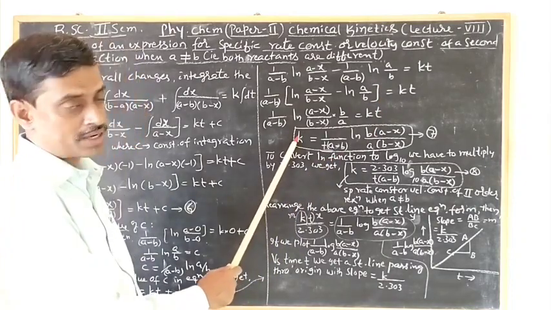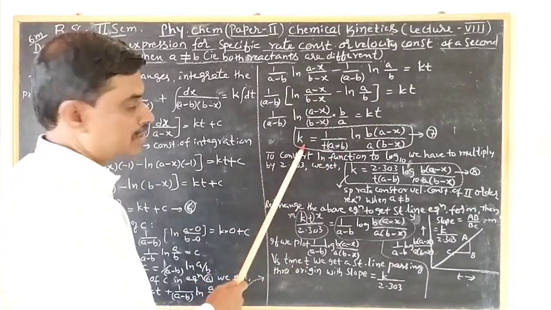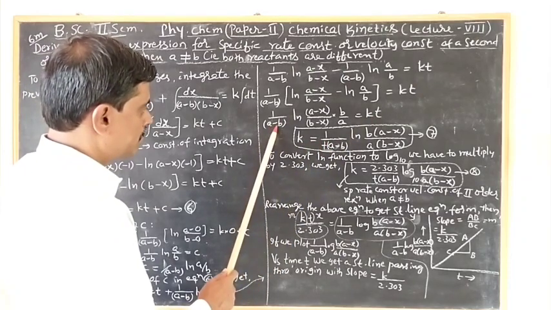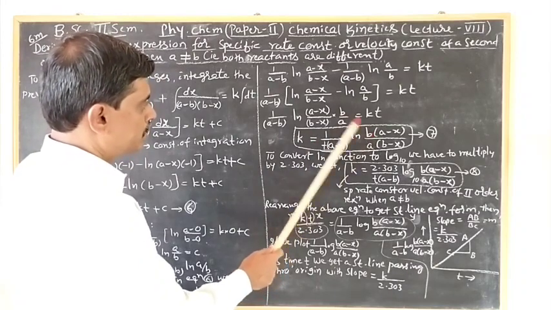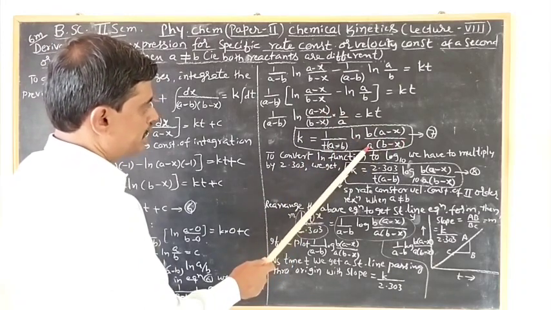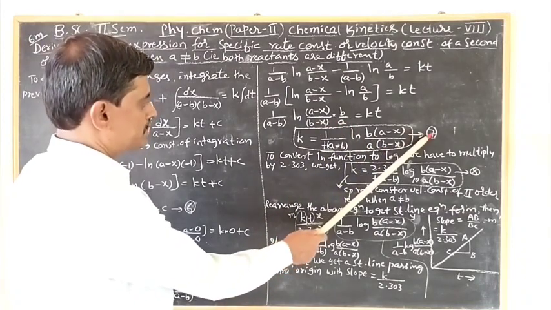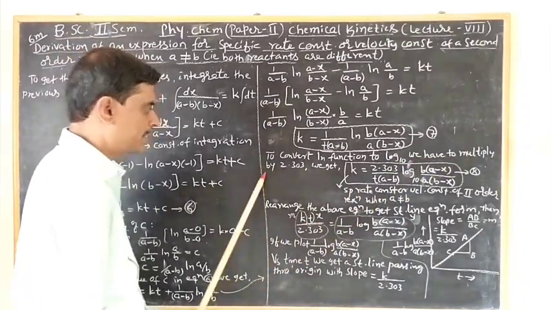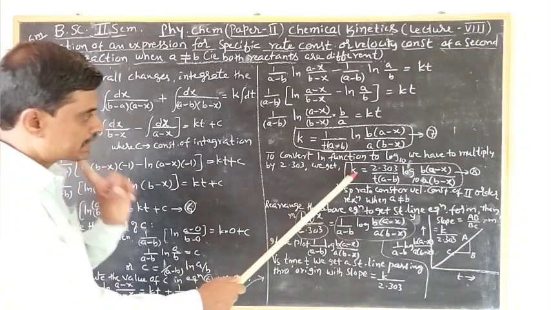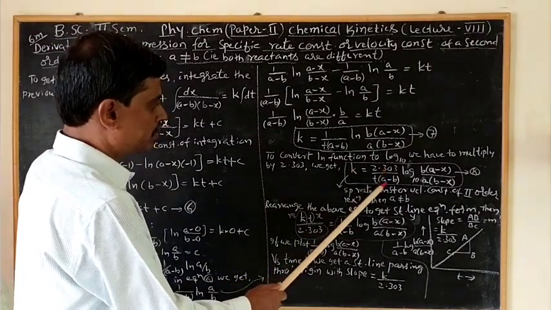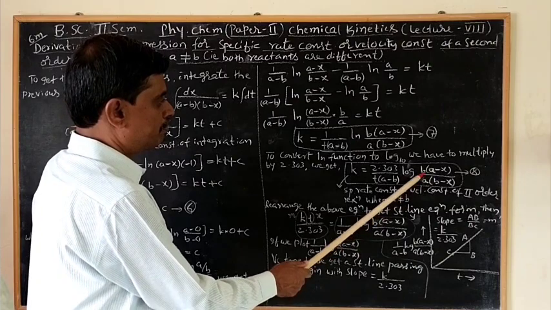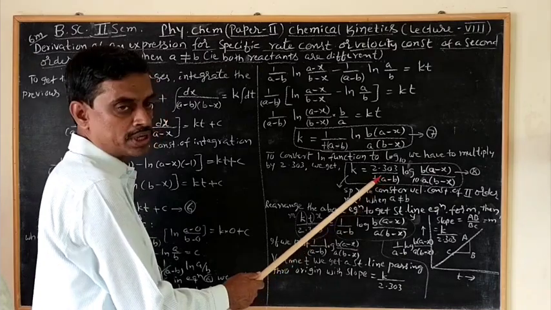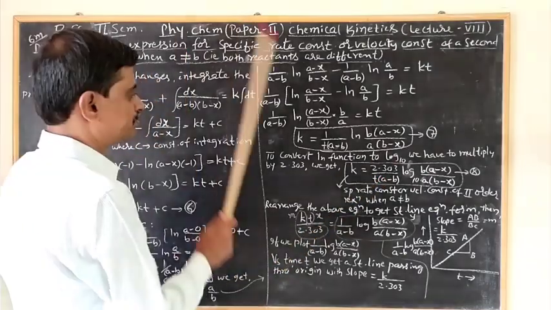Or k is equal to, we want this rate constant for second order reaction. So k is taken on one side, t is coming to this side, so it is 1 by t into (a minus b) into ln b into (a minus x) divided by a into (b minus x). This is equation 7. To convert the log function to log to the base 10, we have to multiply by 2.303. We get k is equal to 2.303 by t into (a minus b) log to the base 10 of b into (a minus x) by a into (b minus x), equation number 8. So up to this you have to derive the equation if the question is like this.